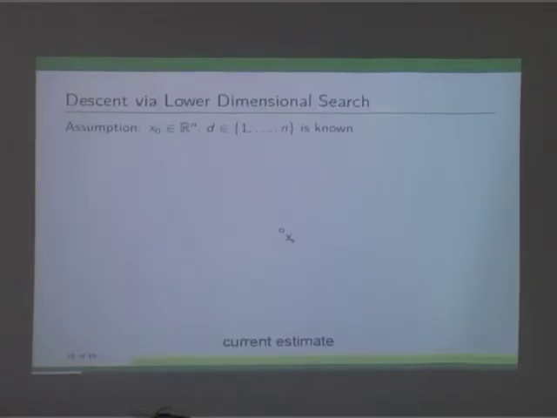So keeping this in mind, let me just describe quickly the rough idea of what we are trying to do. We will assume that we know this initial approximation to the optimal point and we will fix some number d, between 1 and n. Now let's say you ran this algorithm and somehow reached xk. I'll tell you how to go to xk plus 1.